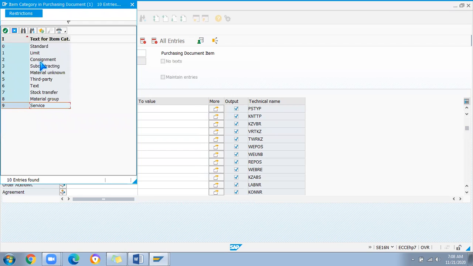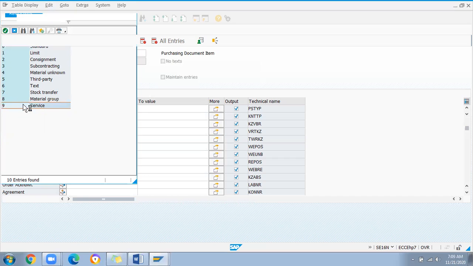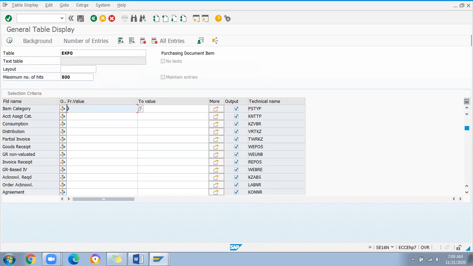We'll majorly focus on standard, consignment, subcontracting, stock transfer, and service. I'll also explain the material group: without a material master, how we can create a PO. It is majorly used in account assignment cases. When we get something like office supplies, we go with the material group option only, not with the material master. So let me check any data created recently,